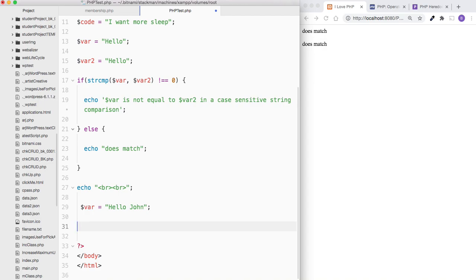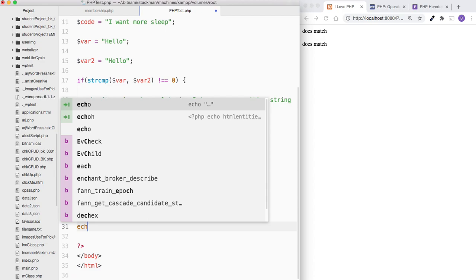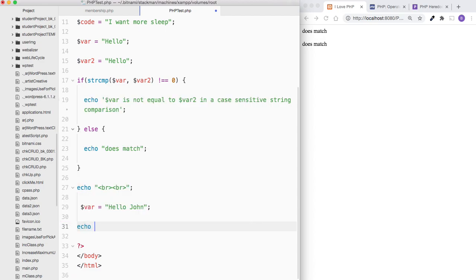We'll do something like echo, and I want to replace some string underscore replace. Remember that command? Let's say "Hello, John is cool." We want to replace "Hello, Joe"